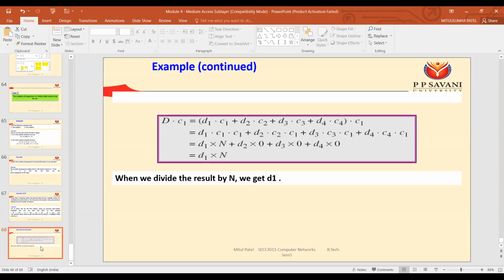Okay. Then in the control access protocol, we have seen the 3 methods. These are known as reservation, polling, and token passing. And in the channelization protocol, we have seen the 3 methods, that is FDMA, TDMA, and CDMA. So this is all about the multiple access protocols. By that way, we are ending our data link layer.